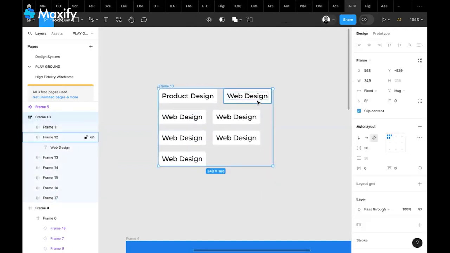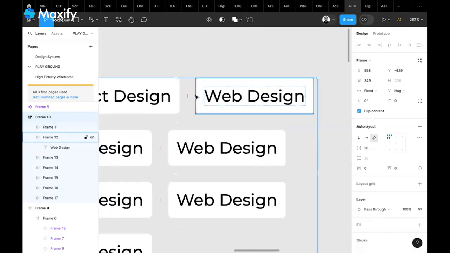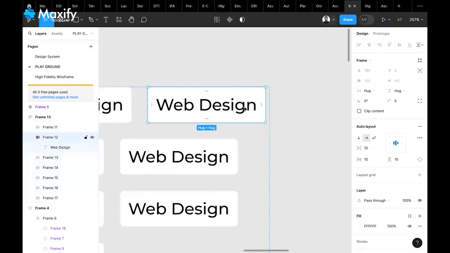Now for your auto layout, you can have what you call fixed width. You can have your hug width. You understand? You can have your fill width. When you talk about width, you're talking about the length from here to here. Are you getting me now? So for this guy now, it is currently on what? This is the width and this is the height. Both the width and the height are on what? Hug. What is hug? Hug is saying wrap your body to the inner content. Are you getting me now? To the inner content. If I change this to fixed width,